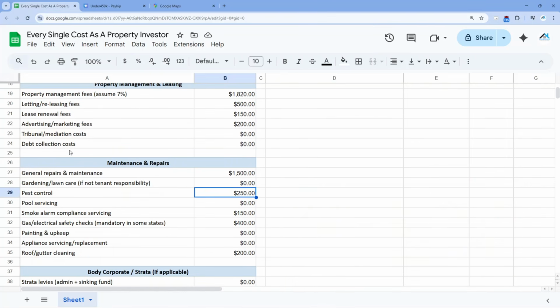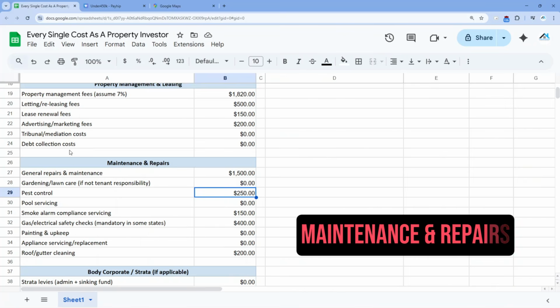Now, some people think that when you buy an investment property, it's just buy and hold for the rest of your life. Properties are like cars. You need to maintain them. And if you have tenants, they're not going to maintain them properly, especially if they're not good ones, right? So it's really important you have money set aside for maintenance, repairs, and upkeep. For general repairs and maintenance, I always